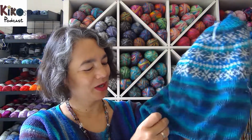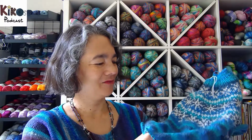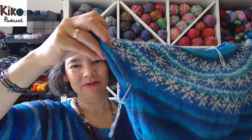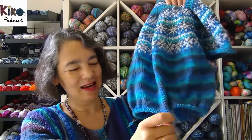But I have knit on my snowflake pullover, and that's another opal subscription yarn. And as I said, usually you only have one ball of yarn in your color, but because several people swapped with me and one even just gifted me her blue ball of yarn, I now have enough yarn to knit this pullover and probably also knit a skirt. And I'd already put the sleeve stitches on waste yarn, and I was knitting on the front and back, and I finally